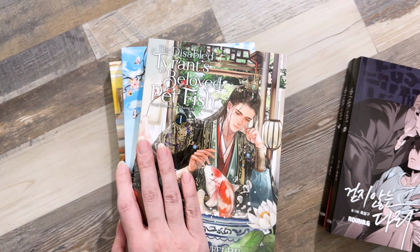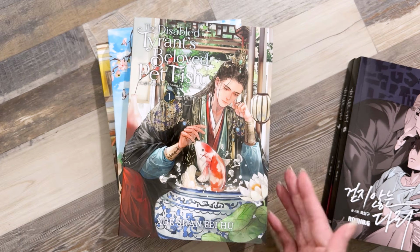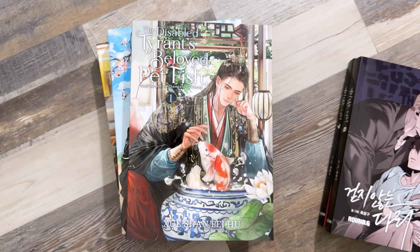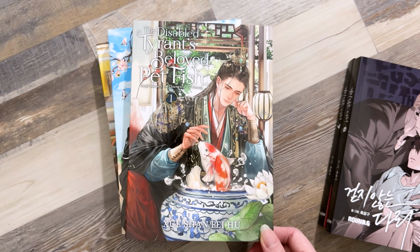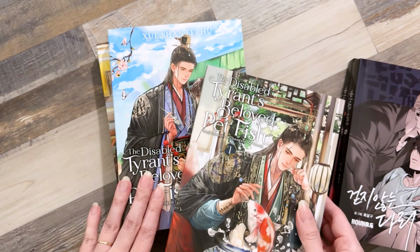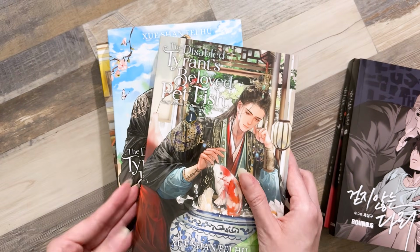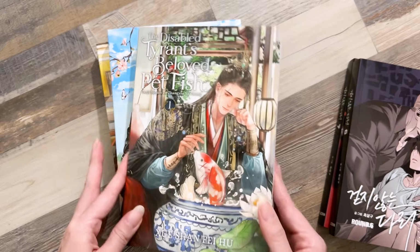and when I put in my order, I thought it was going to ship right out, but evidently it was put on back order, so I hope I'm not too late to the series where it'll be hard to get the special edition, but hoping that any day now I will get a tracking notification saying it has shipped. But for now, I have the first 3 volumes, and it's making me really excited because I liked the story so much, and I'm going to try to do a reread of it maybe this summer